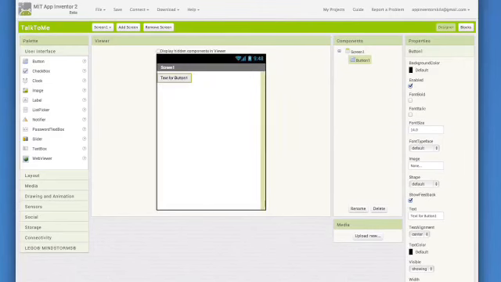One of the neatest things about App Inventor is that you can see your app on your phone while you are building it. Let's get your phone connected so that you can see the app take shape and test it out as you go.